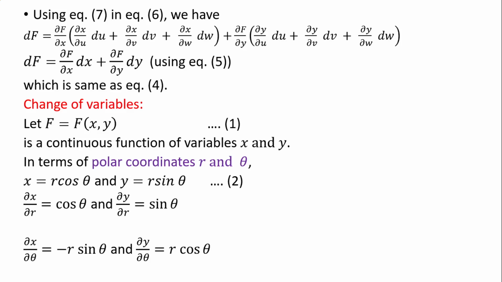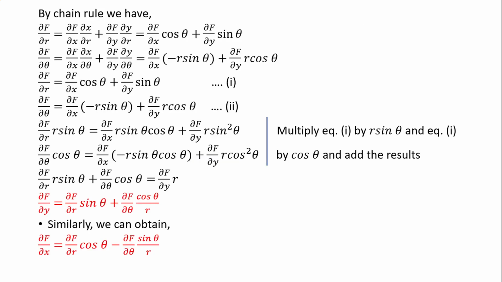Now, by chain rule, we have ∂f/∂r in terms of x, y and r, and ∂f/∂theta in terms of x, y and theta, where ∂f/∂r equal to ∂f/∂x into ∂x/∂r plus ∂f/∂y into ∂y/∂r. By putting the values of ∂x/∂r and ∂y/∂r, we can write ∂f/∂x into cos